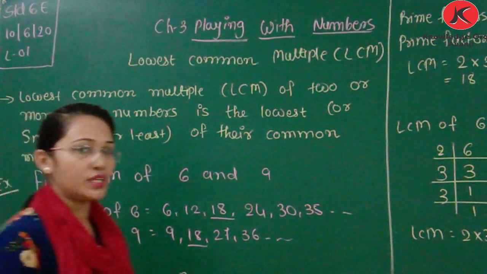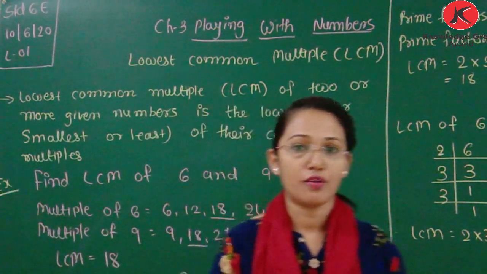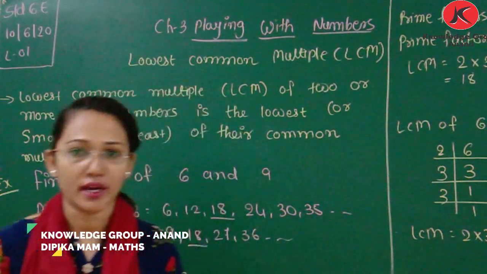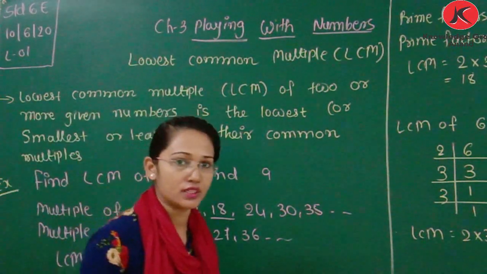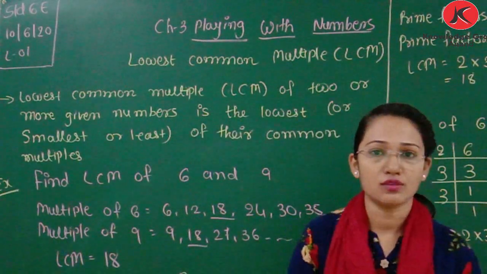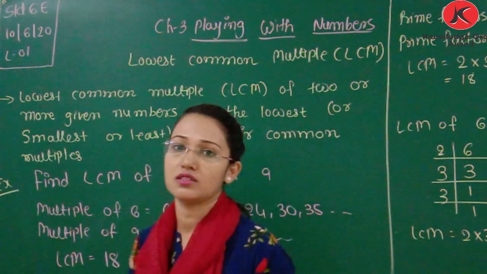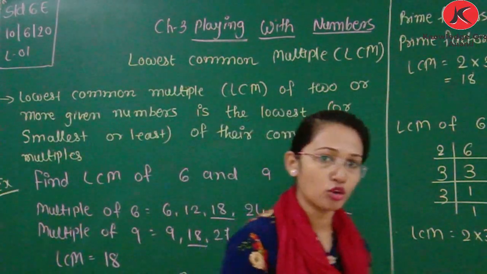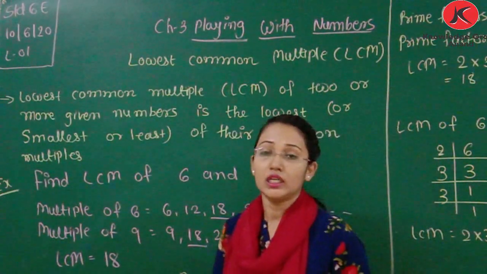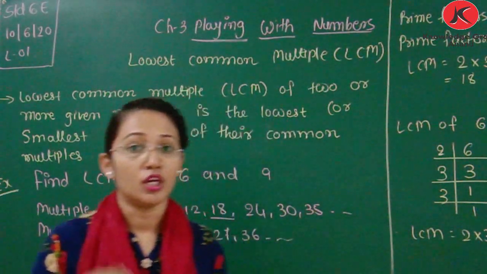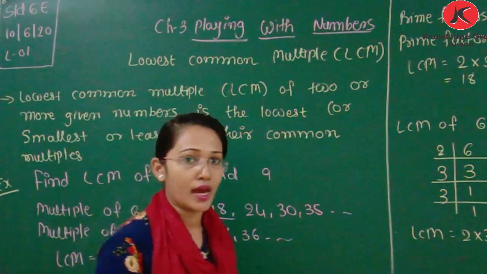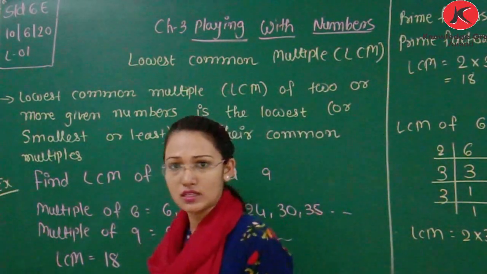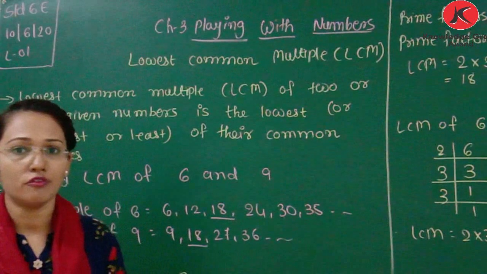Welcome back friends. Previously we learned about the HCF, highest common factor. Highest common factor means we are finding the factors, and from those factors we are taking the number that is highest. If 2 is a factor of both numbers, then we take 2 out as common. If 3 is there in both numbers, then we take it out as common and multiply 2 and 3. Whatever answer we get, that is 6. That will be our highest common factor.